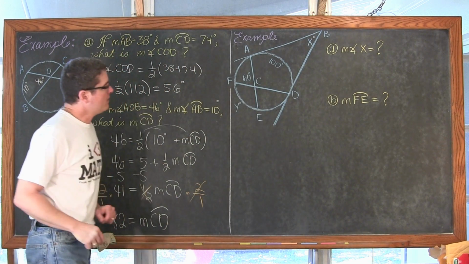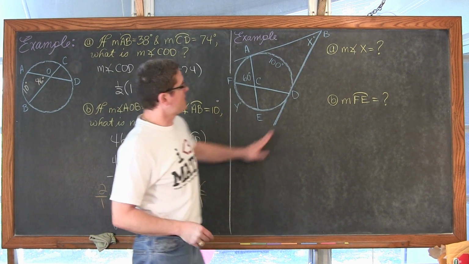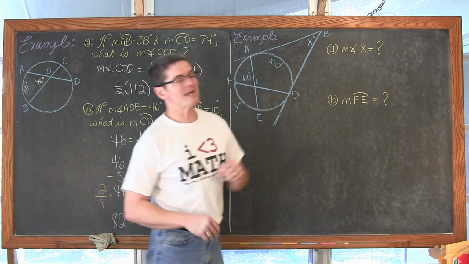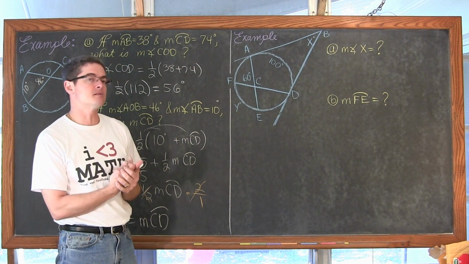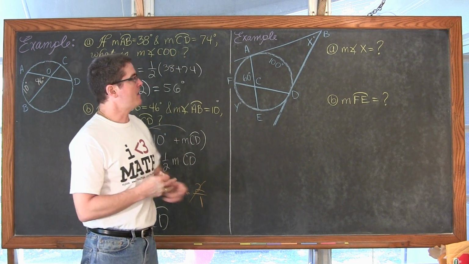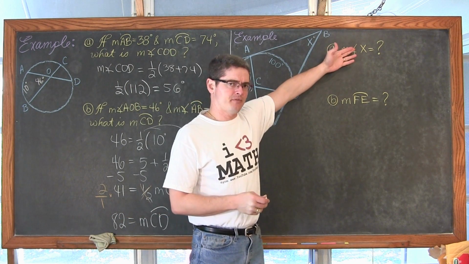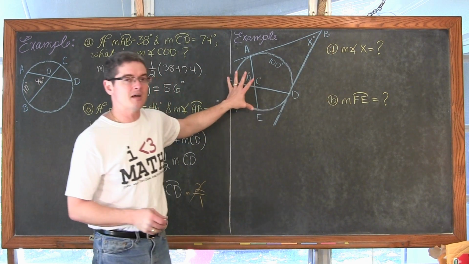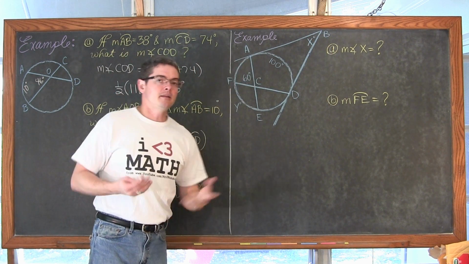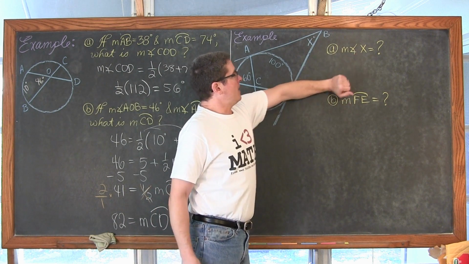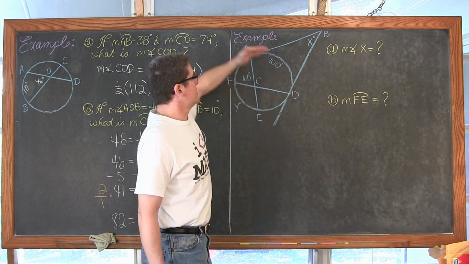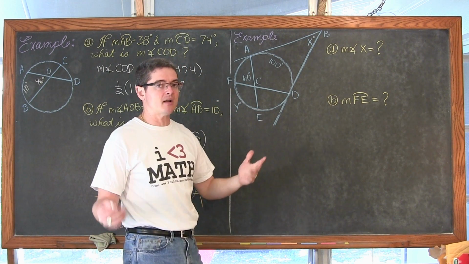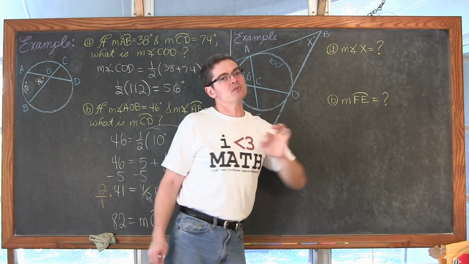Excellent. Okay, over here, now we have a couple of lines that are intersecting the circle, but intersecting themselves outside the circle. So that means that to find the first question here, now this is a 2-part question, but I don't have, if something equals this, solve for this, and if something equals this. So these 2 parts are coming off the same diagram, and I already have the numbers labeled in there. So the measure of angle X, well, it's created by 2 lines that are involving the circle. Now these 2 lines both happen to be tangent lines, but that doesn't matter. They're involving the circle and they're intersecting outside the circle.